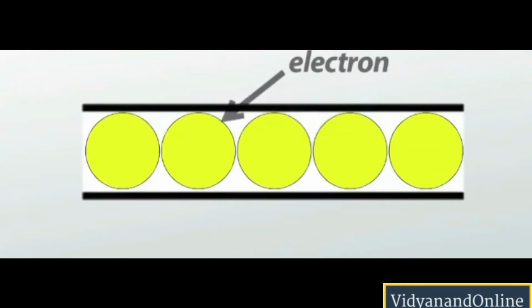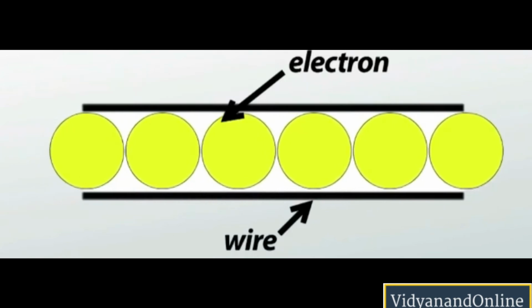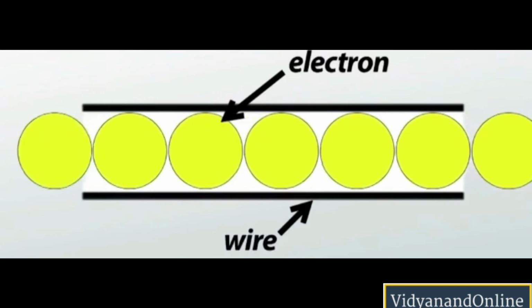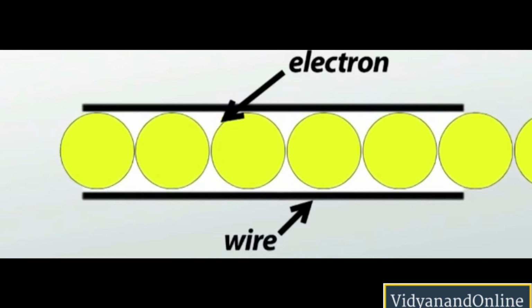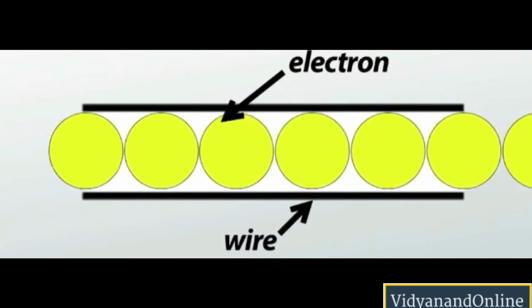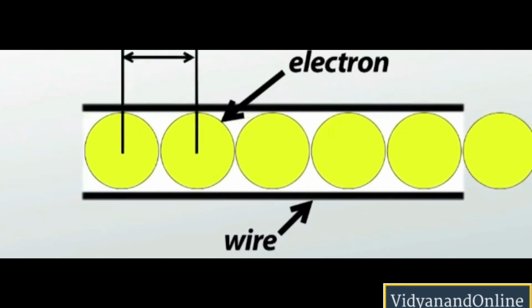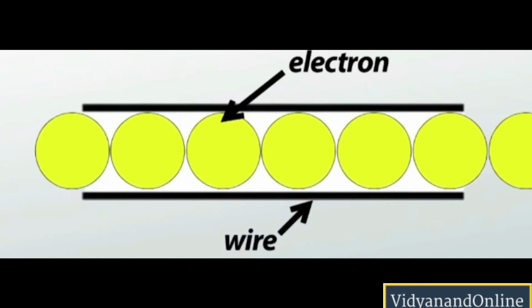We can visualize a current carrying wire like a tube filled with marbles. So these marbles are representing the electrons, whereas this tube is representing the wire. So if you put a marble at one end of the tube, it pushes the next marble with some energy. The energy is then transferred to that next marble, and thus the energy is transferred from one marble to another marble, and it goes on and on. Thus the motion and energy transfer happen at the same time, and each electron only moved a tiny distance.